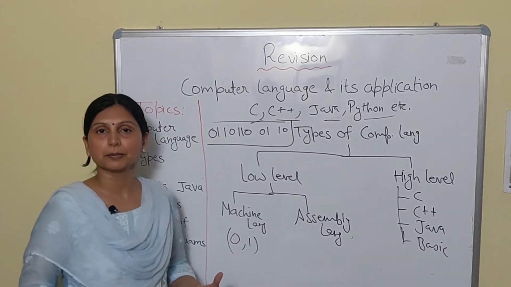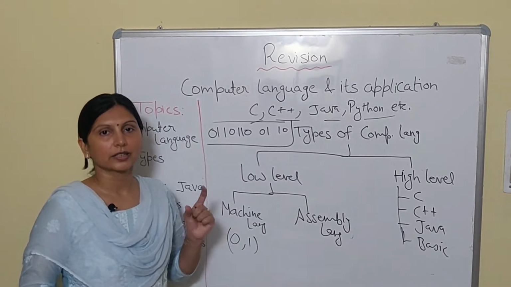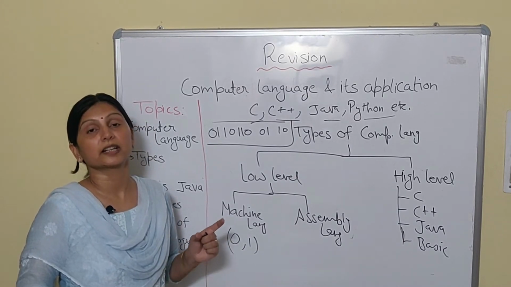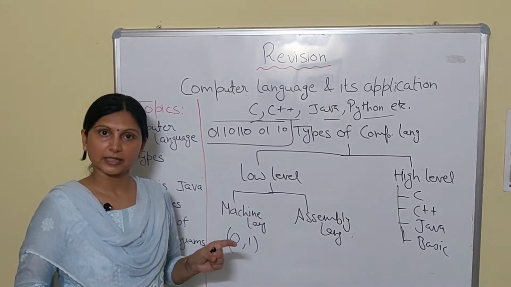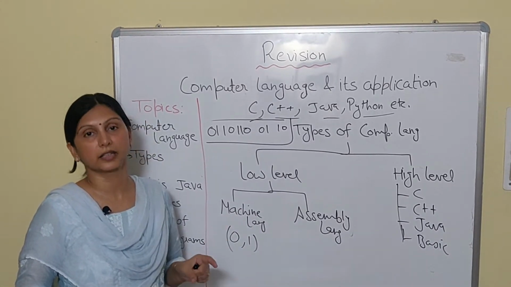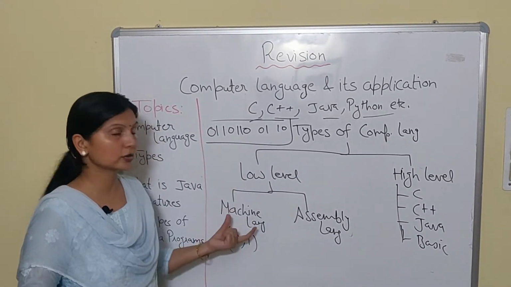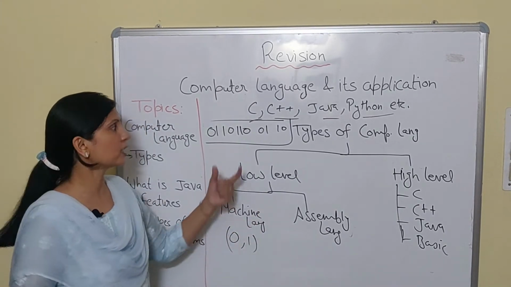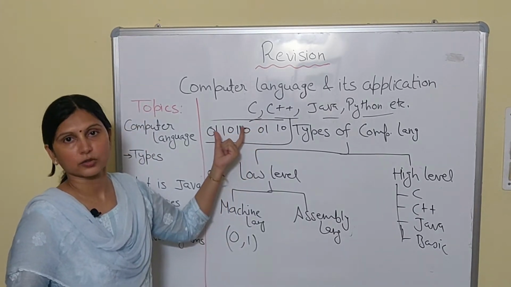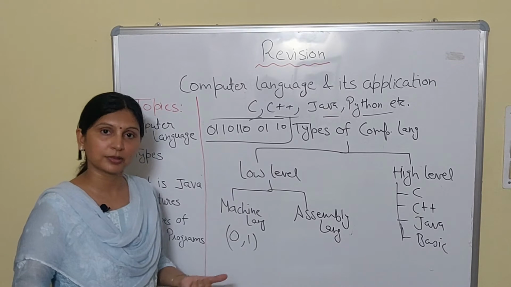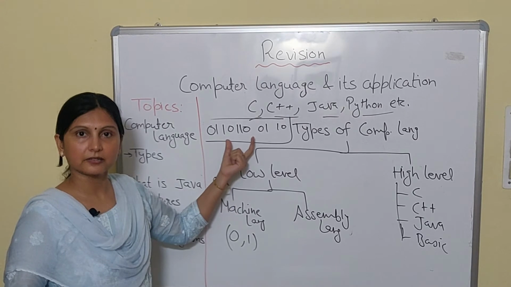Now what do you mean by machine dependent? Machine dependent means the computer on which we write the program, on that particular computer only we can run the program. We cannot run the program on any other machine. This is called machine dependency. So these were the two main disadvantages. The advantage was that as we give the instruction in 0, 1 and the computer understands 0, 1 directly, it doesn't need any translator. It can be directly understood and the execution speed will be faster.